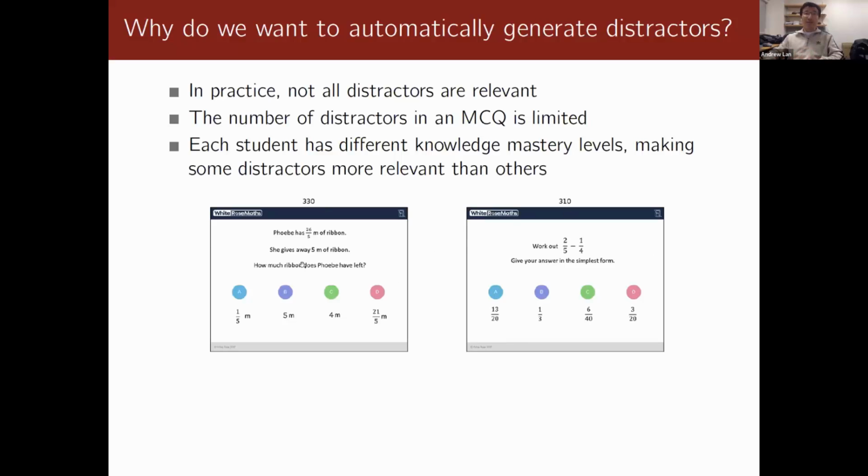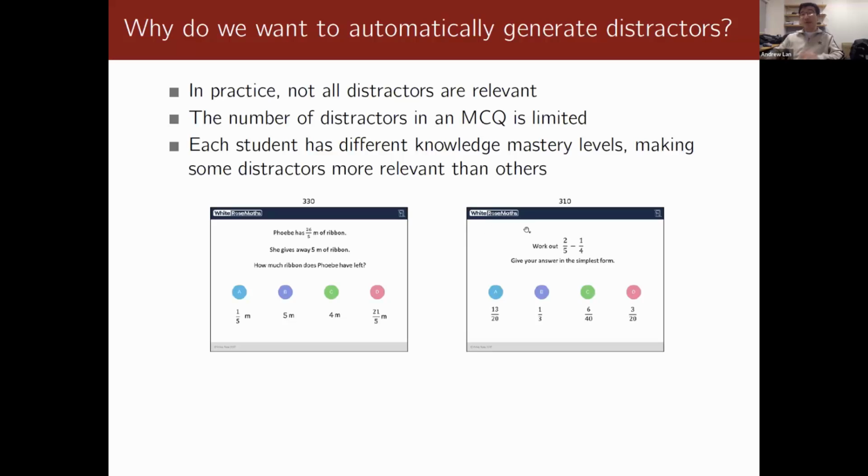For example, for the problem on the left-hand side, you have the correct answer, but for many of these questions, there may be one really relevant distractor that captures the most dominant error among students. But for the other two, sometimes the content designers don't anticipate another common error. Sometimes they just throw in things that are not likely to get selected by students. And what EDI observed is that some of these teacher-designed distractors get selected by less than 1% of students.